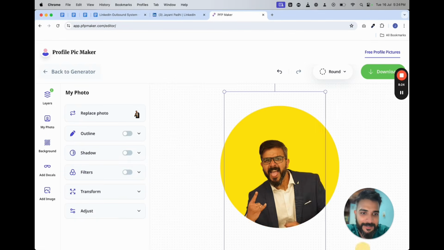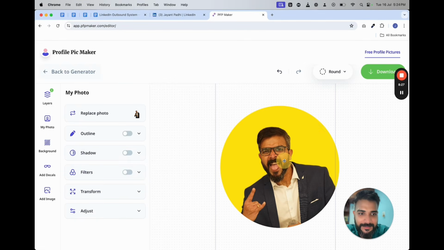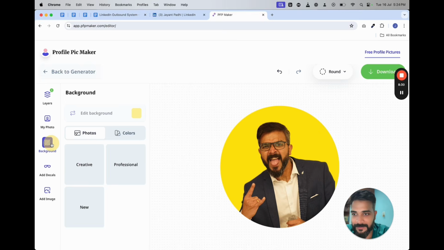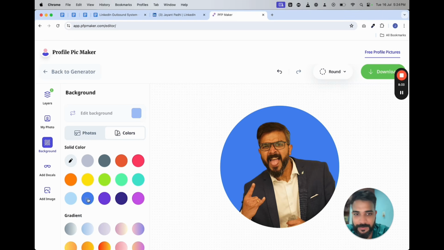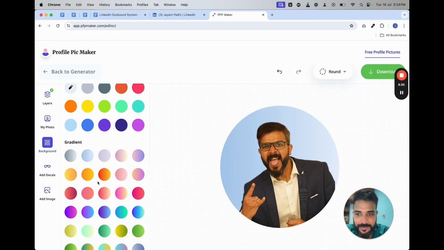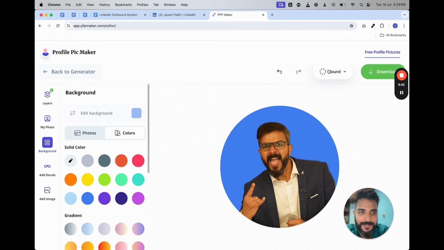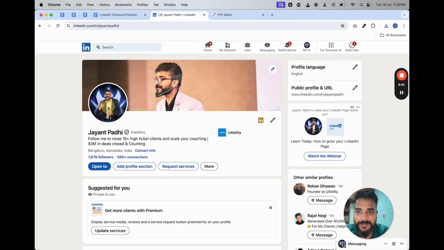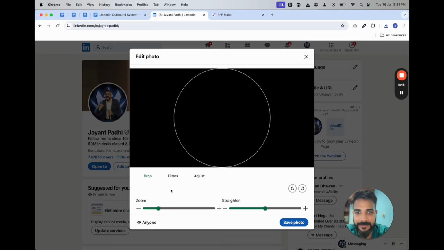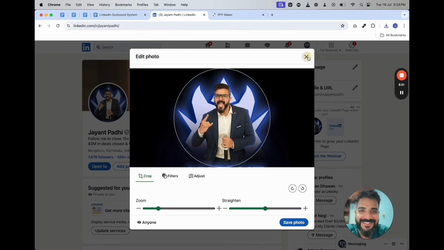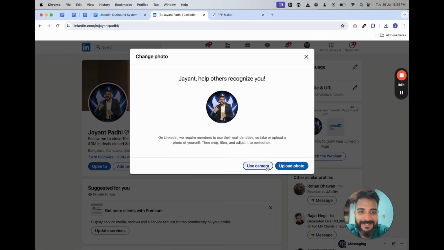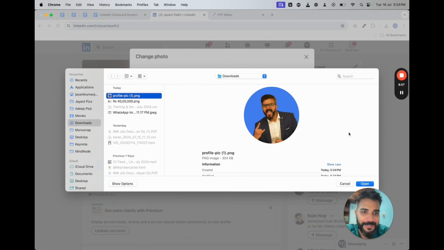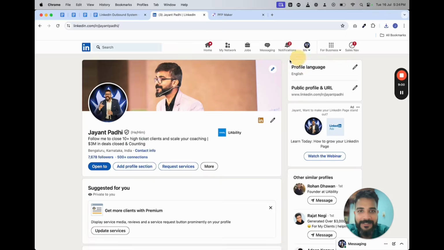And obviously we can edit it. And the background, I can change it to, say, blue. We can do this blue or this blue. I think this blue is nice, right? Now I can download this picture and upload it on LinkedIn. I don't want to change this, honestly. It looks so nice, right? You get my point. You can simply click on add frame and add a profile picture and upload this. Simple. Keep it nice, keep it clear. Don't overthink it. Have a nice little picture.